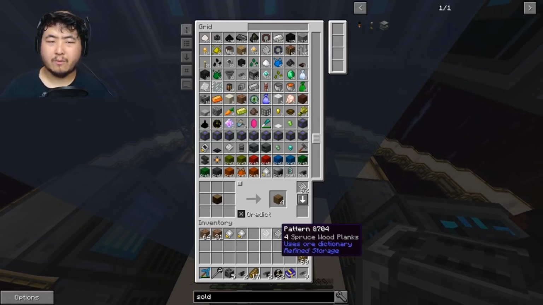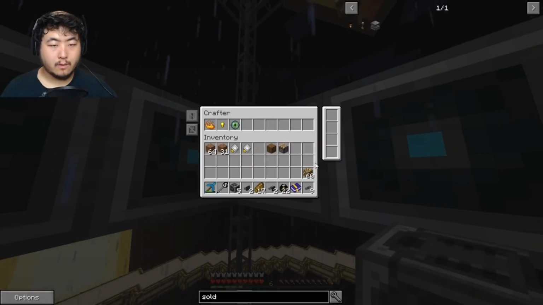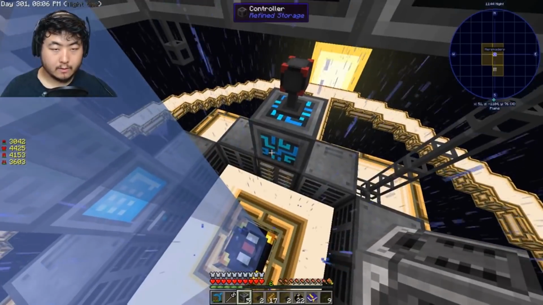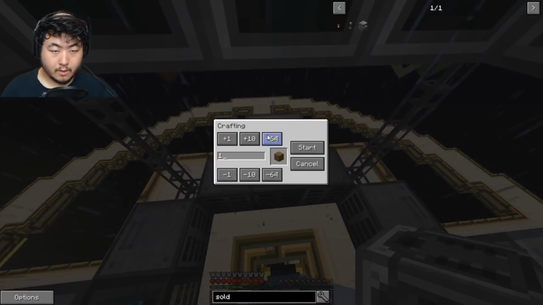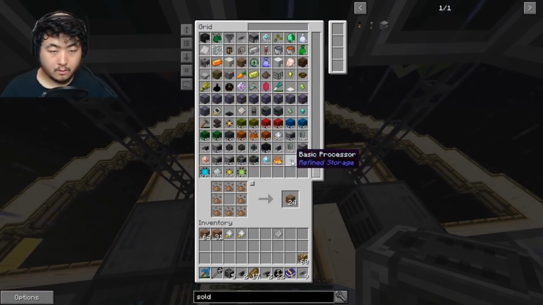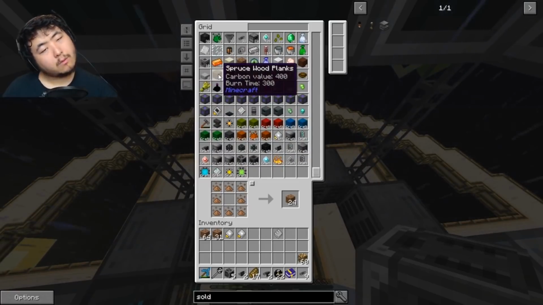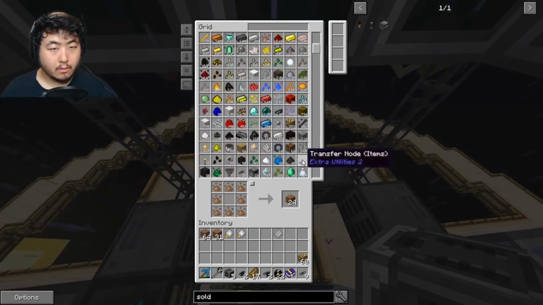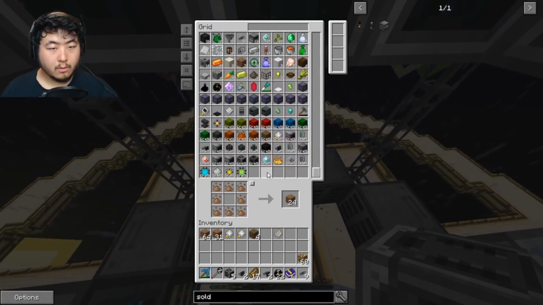So I think this will work with any wood. Where is my... There you are. There's my happy little group. So that's just going to be wood, hopefully. Is the way that should theoretically be working. So let's just make... What? I didn't have spruce wood, did I? Wait, can that just...